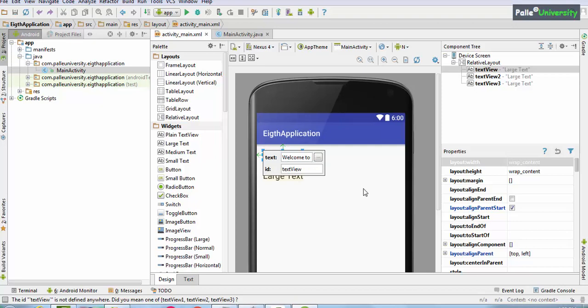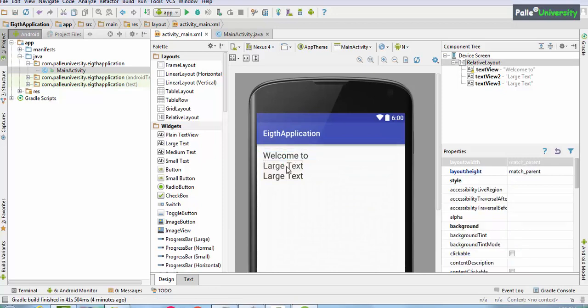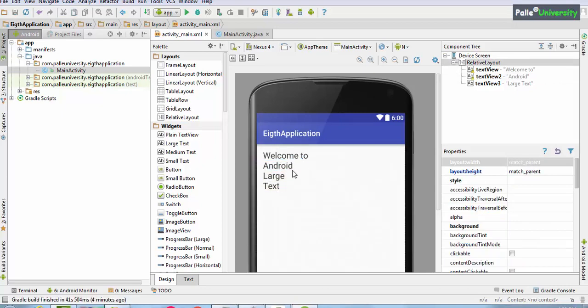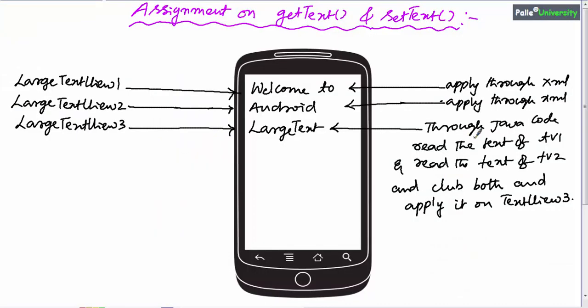Just click your mouse anywhere in the window. It will automatically reflect. Similarly, let me modify the text of the second text view by double clicking and giving a new value, that is Android. So it has reflected. Now the next part is we have to do this via Java code.